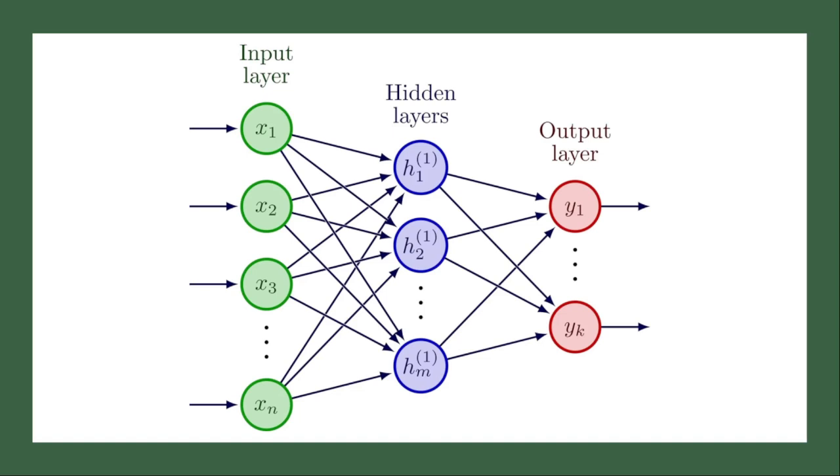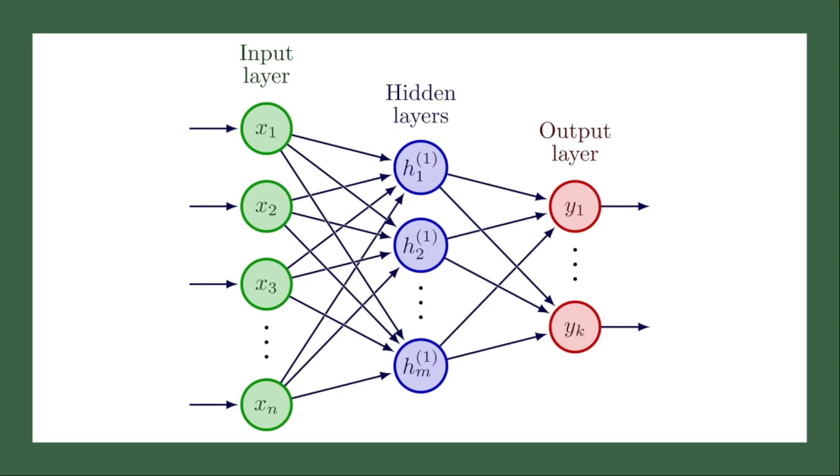Take a look at the red. This is the output layer. These red circles, Y1 all the way to YK, this is the model's final prediction, the final output, whatever that might be, whatever you're looking for. Each node represents a possible outcome. For example, in classification, each Y is a probability of belonging to a certain class, for example, classical, rock, jazz. In regression tasks, Y could be continuous values like predicting beats per minute or loudness.